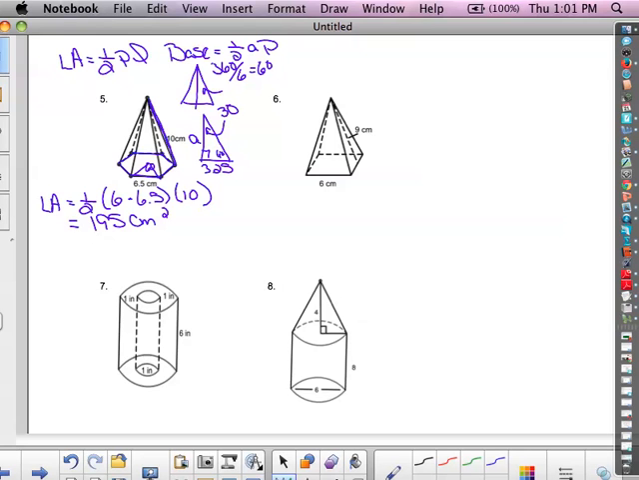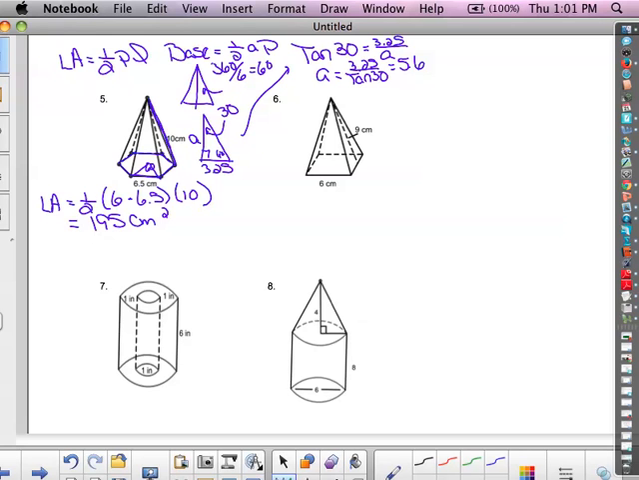You can choose to use special right triangles and make A 3.25 root 3, or you can choose to use the trig ratios or the trig equations and set that up. I'll just go ahead and use the trig equation up here. So tangent of 30 degrees is equal to 3.25 over A. So A is equal to 3.25 divided by tangent of 30. That gives me an apothem of